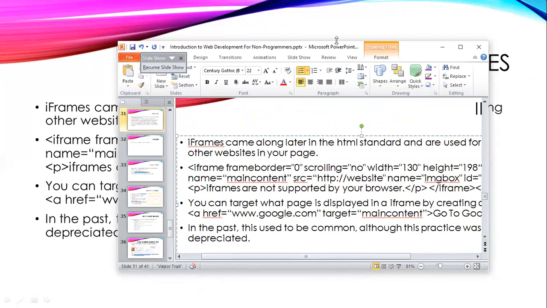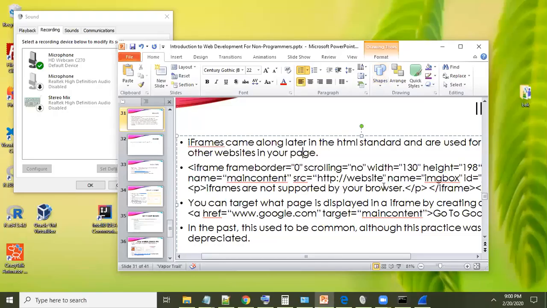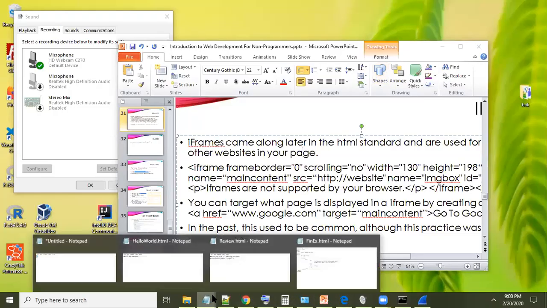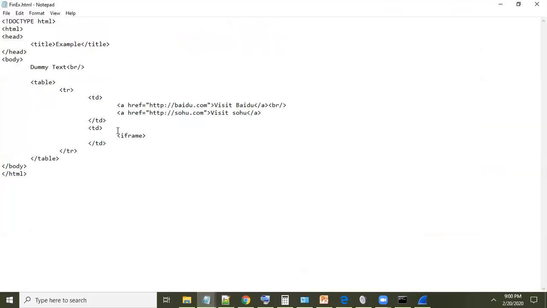Yeah. Okay, so how would I change this to update this iframe? What additional text will I actually have to add in to the links as well as the iframe in order to make it so that the links update the iframe?